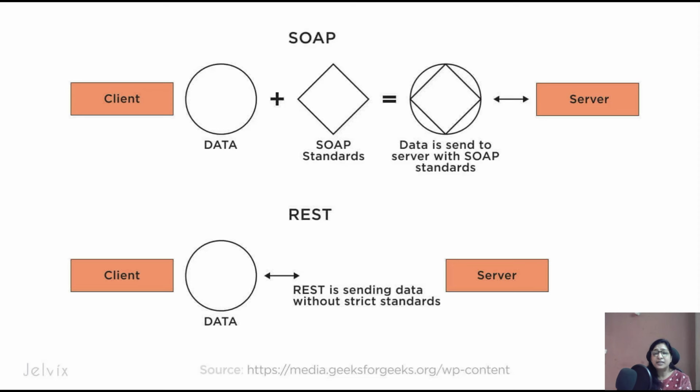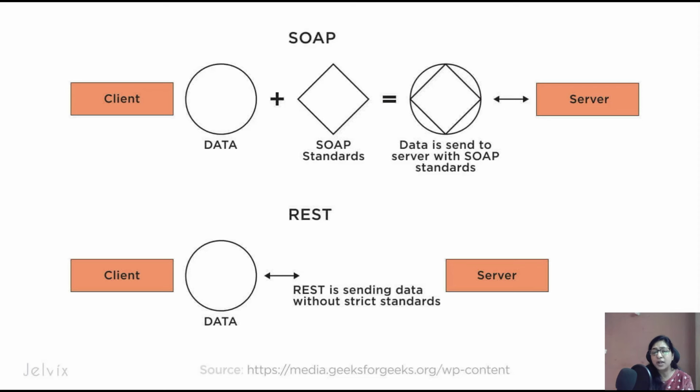Again, a little extension of what exactly the flow is for SOAP-based and what the flow is for REST-based. When a client is looking for some data or trying to pull some data from a server or another application, a SOAP-based service is implemented through an XML exchange, and there are some SOAP standards that have to be followed when you are exchanging data using SOAP-based web services.